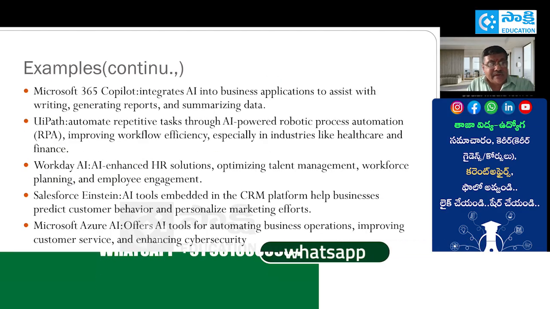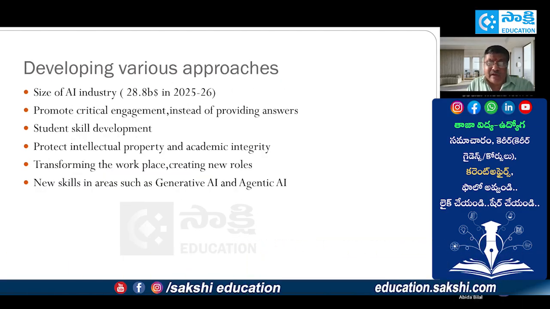So it should create new roles, and we also need some new skills. Workers should develop new skills in areas such as generative AI and agentic AI. Here I repeat, workers need to develop. They have to acquire some knowledge in areas such as generative artificial intelligence and agentic artificial intelligence. Organizations need to focus on developing the workforce that effectively leverages artificial intelligence to